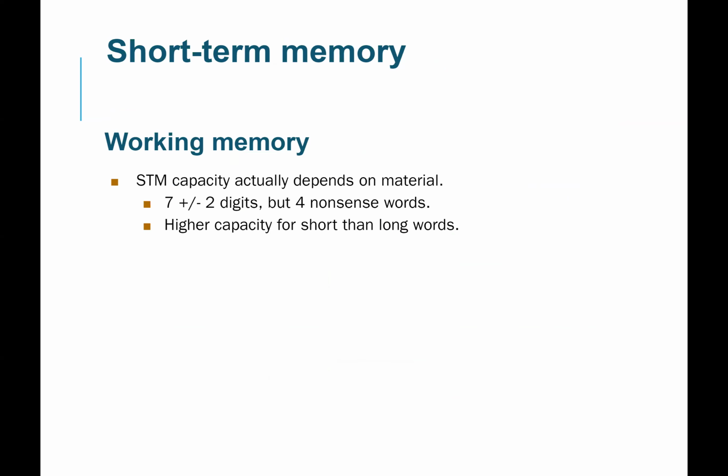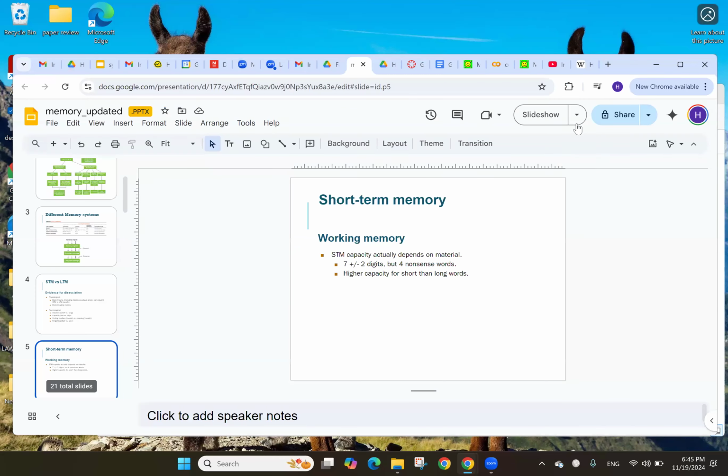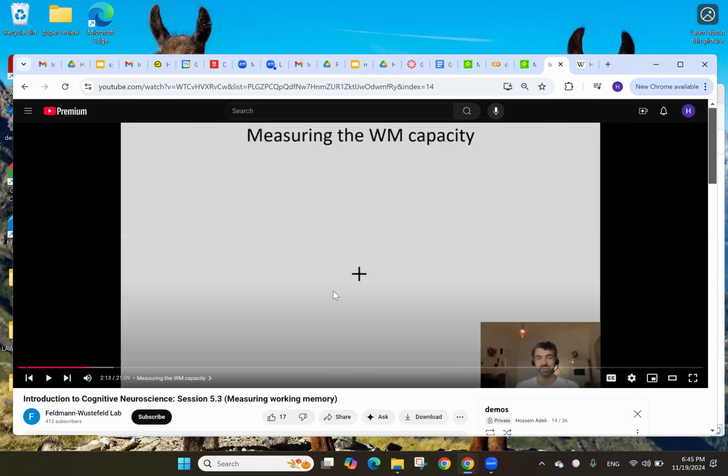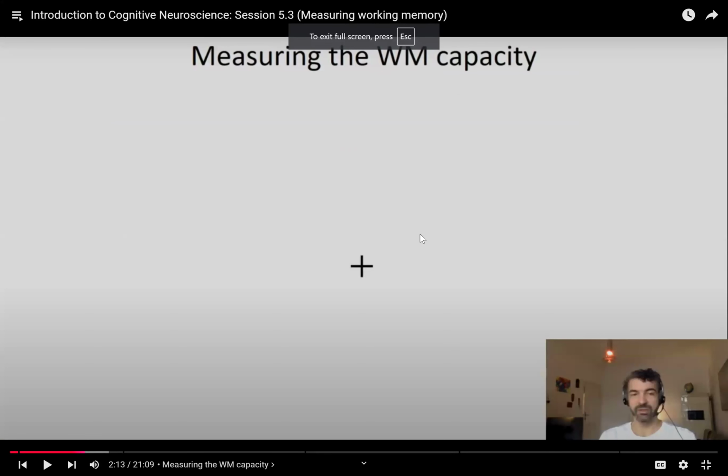Okay, so the idea that working memory is limited, people have studied this in a lot of contexts. I'm going to show you one experiment in this context. This is an experiment where you're looking at a bunch of squares with different colors, and then something changes. One of the squares changed colors, and then you're supposed to say which one it was. Okay, that's the experiment. Okay, start.